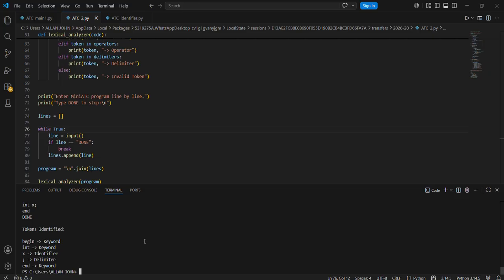It is a valid identifier, which means it begins. It shows tokens identified like begin is a keyword, in keyword, x is an identifier and I is a delimiter, end is a keyword. If we enter